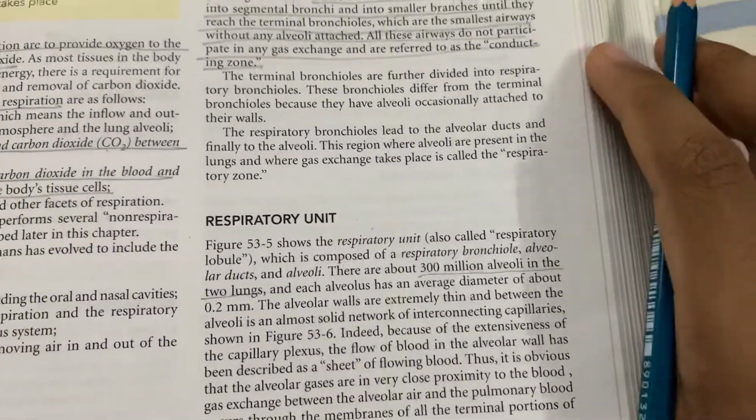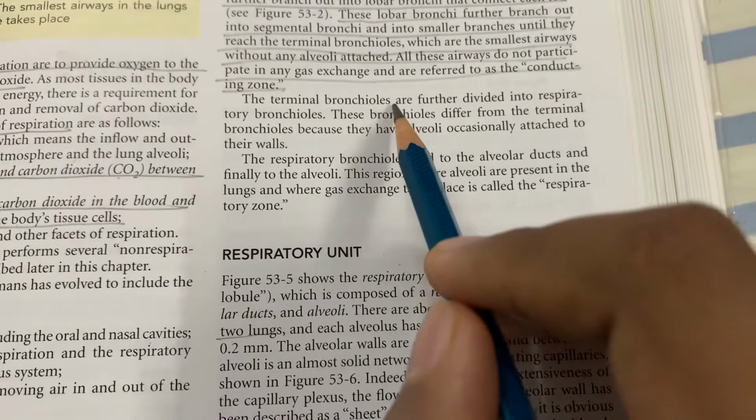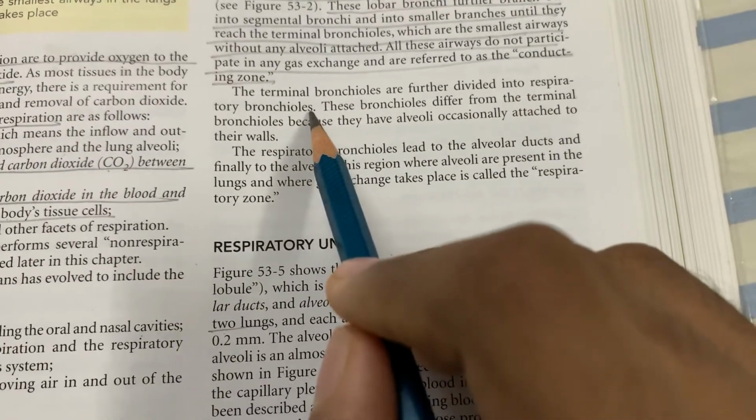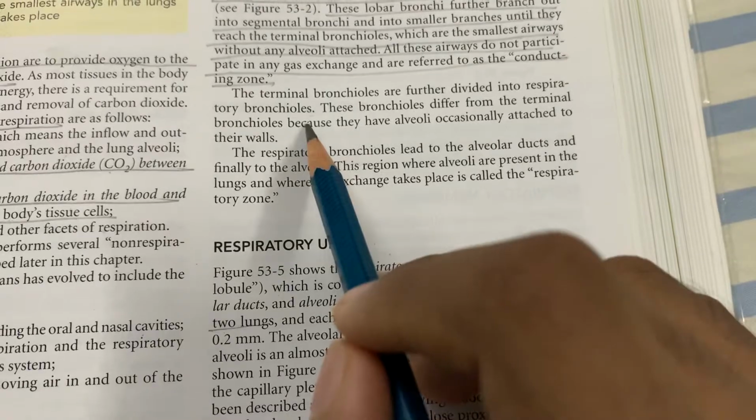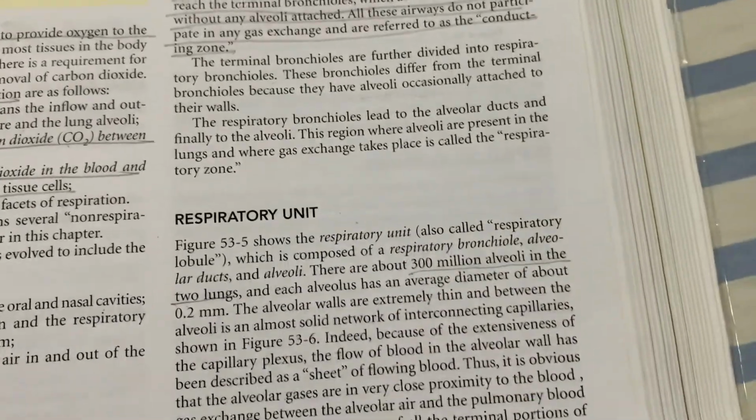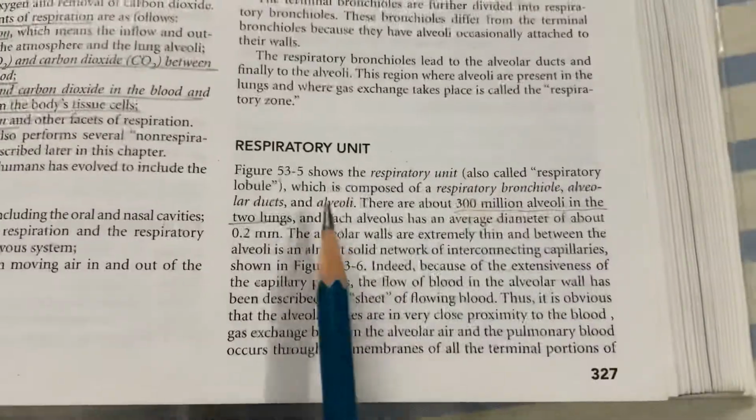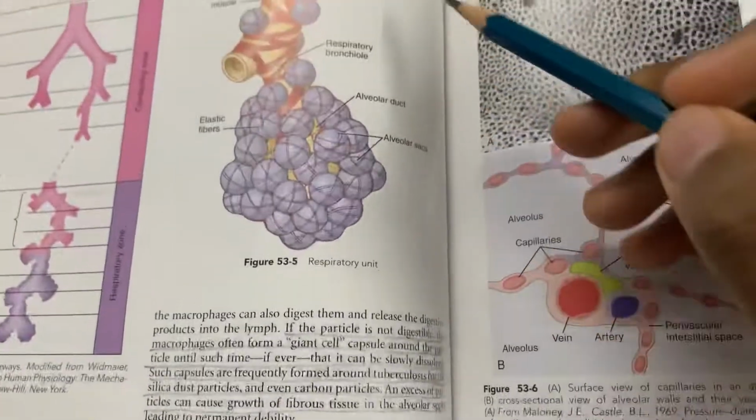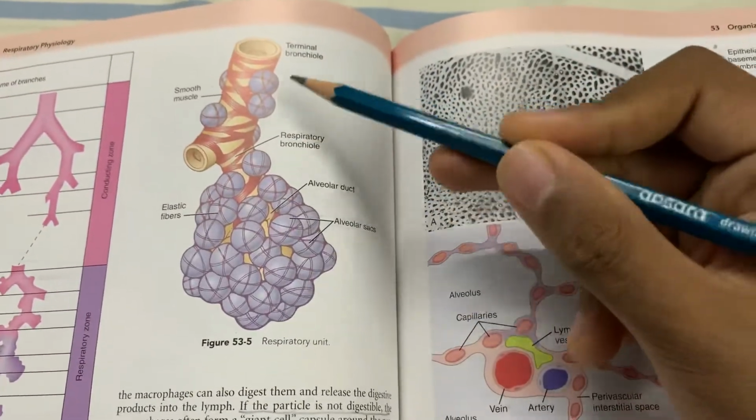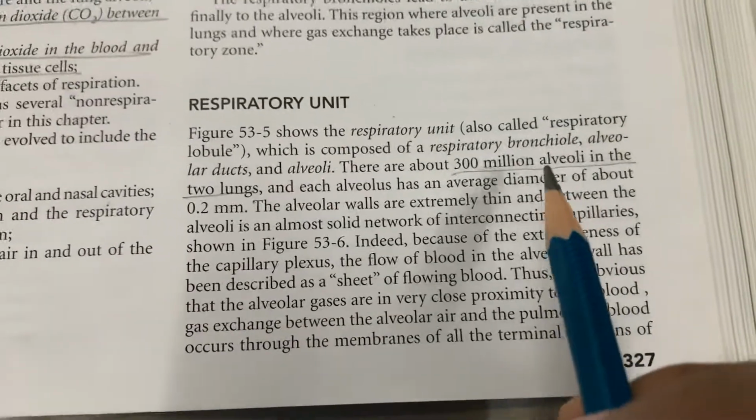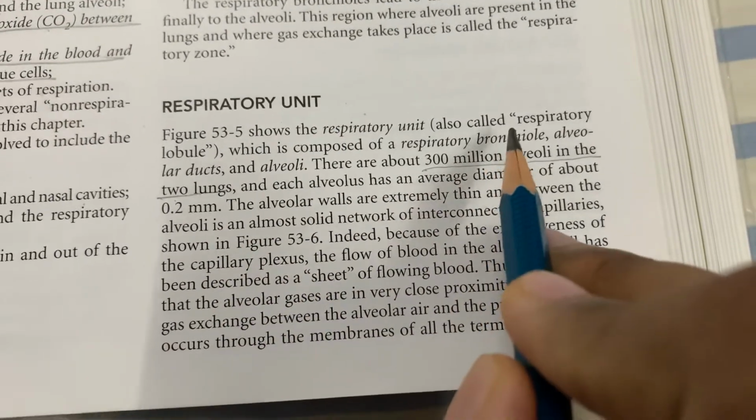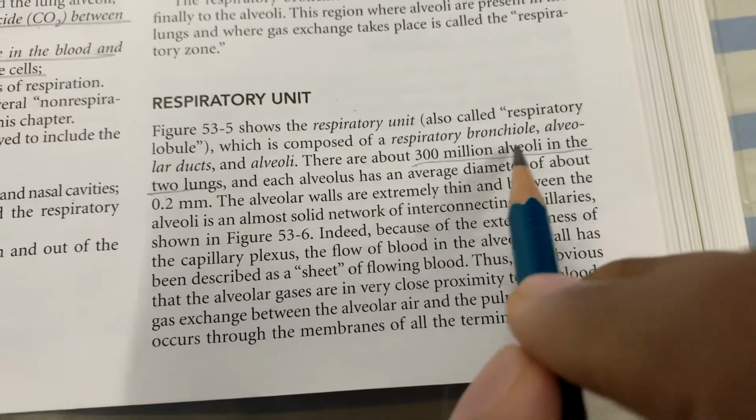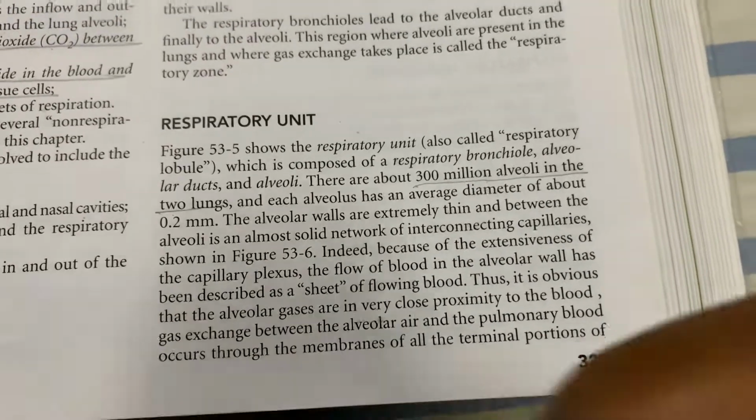And then what happens after the terminal bronchioles? They are further divided into respiratory bronchioles. They differ from the terminal bronchioles because they have alveoli attached to their walls. When we talk about a respiratory unit, this right here is a respiratory unit. You can see that it is composed of a respiratory bronchiole, the alveolar ducts, and the alveoli. There are about 300 million alveoli in the 2 lungs, and they're